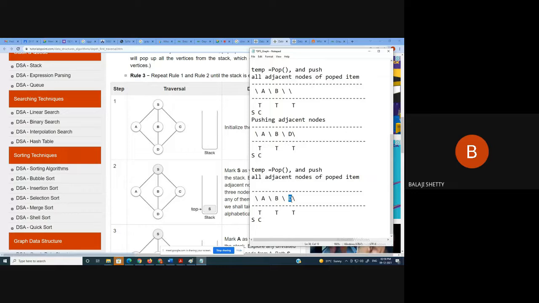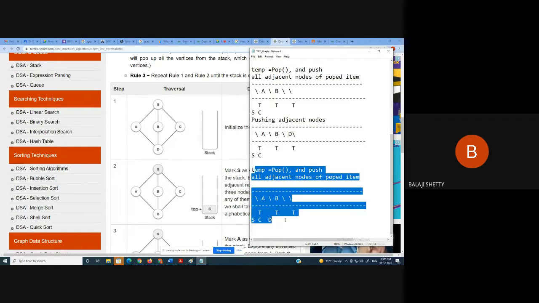D will be popped. Okay. D is popped. Yes or no? Yes, sir. And adjacent of D is B. But B is already visited. Okay. So what do I get? S, C, D. Then do the same thing again.